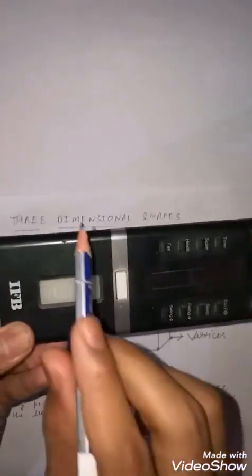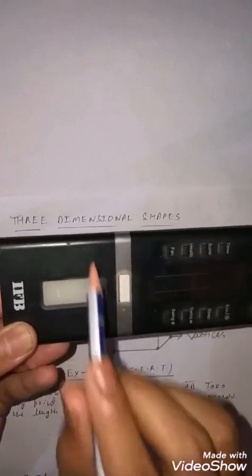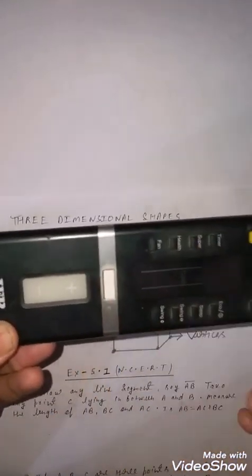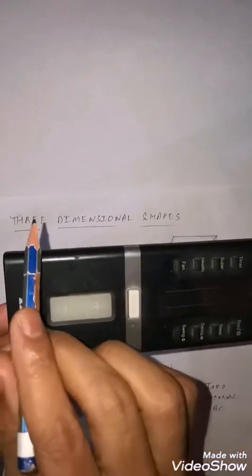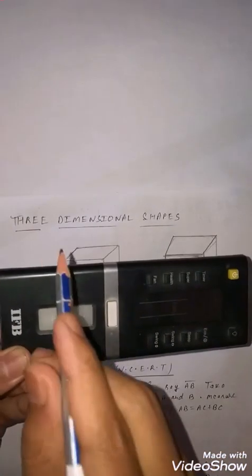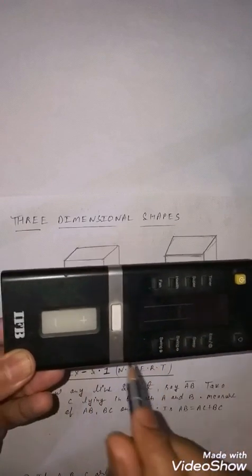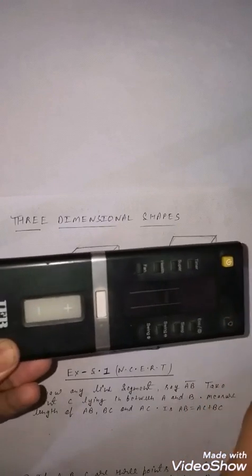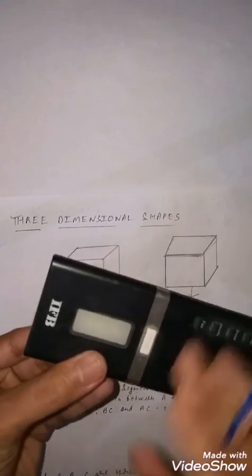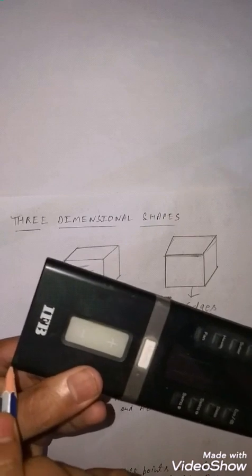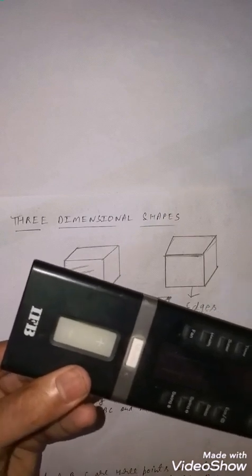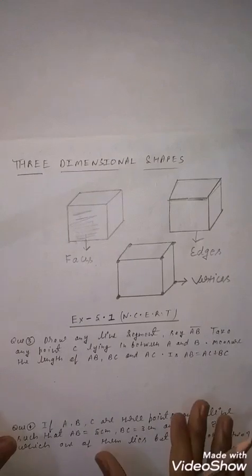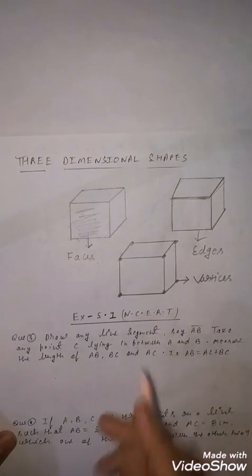And now the line segments, these are known as what? They are the line segments, and these flat surfaces, this and this one, and the line segments you can see here are known as edges. And this point, and also this one, this point is known as what? Vertices. Clear, students?